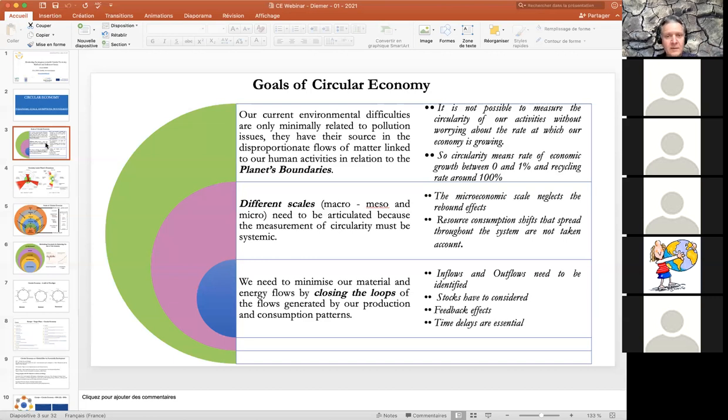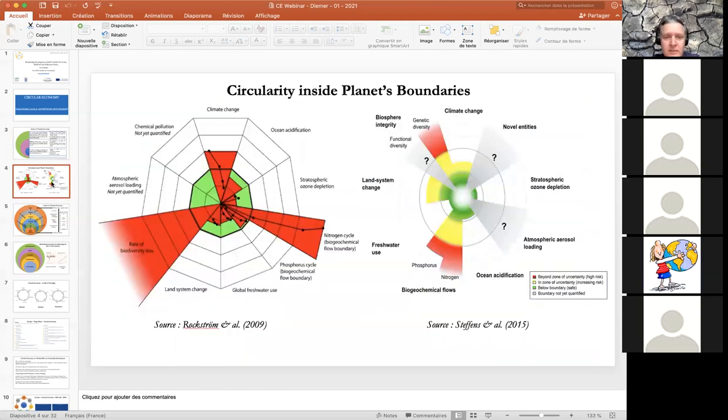You cannot think about circular economy if you are not able to integrate the different scales and have different measures at the different scales. A city is not a country, so you have to design what you really want to define. And closing the loops, maybe it's a bigger definition of the circular economy: how you are able to close the loops of the system. So when you do this, you make the connection. Planet boundaries means what could be the global view of the planet boundaries. And you know that today we have some design from Rockström about planet boundaries.